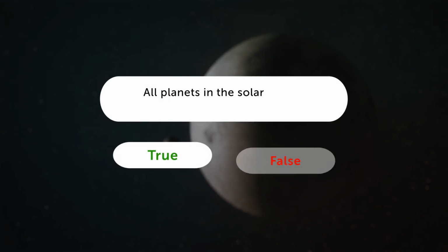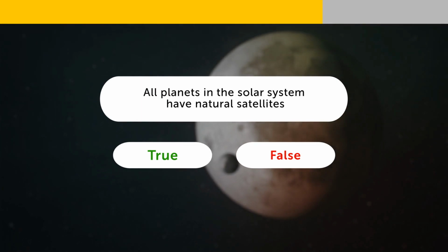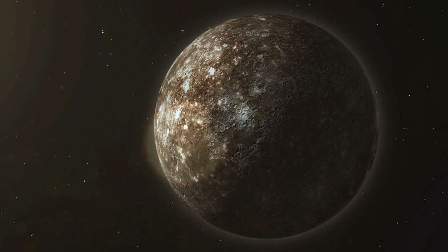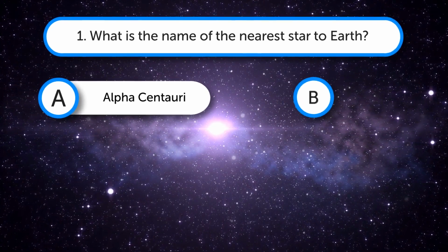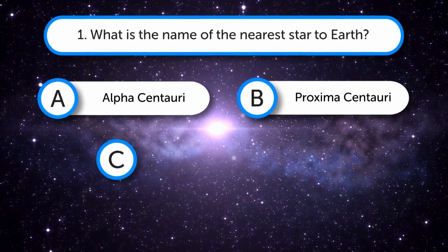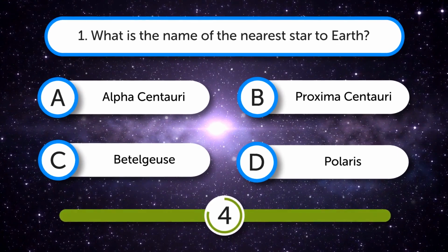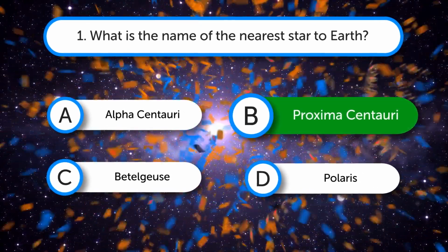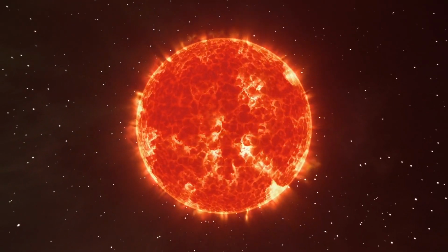All planets in the solar system have natural satellites. False. Mercury and Venus are the only planets in the solar system that do not have satellites. What is the name of the nearest star to Earth other than our Sun? A. Alpha Centauri, B. Proxima Centauri, C. Betelgeuse, D. Polaris. It's Proxima Centauri. It's located 4.2 light-years from Earth, and it's a red dwarf, with a mass of around 12.5%